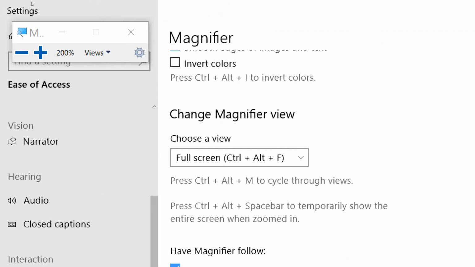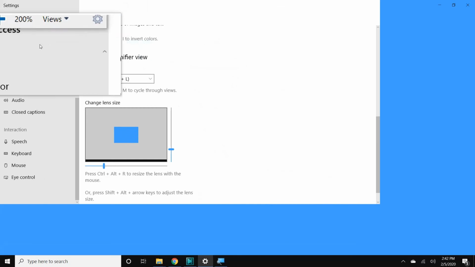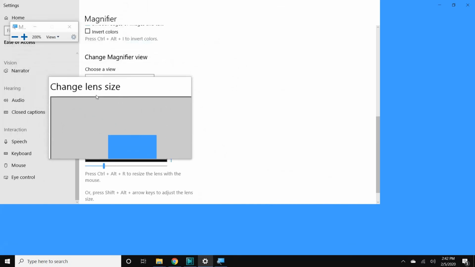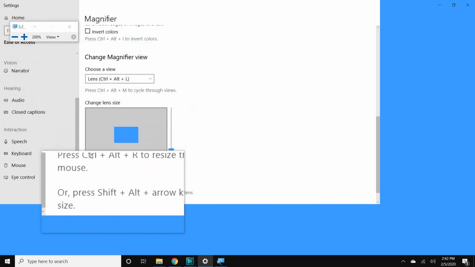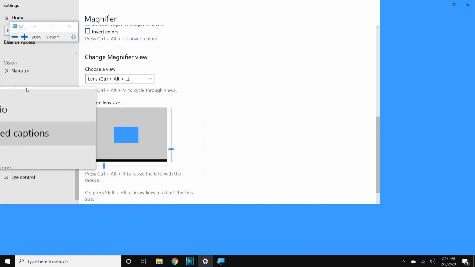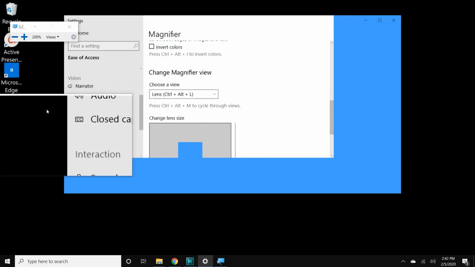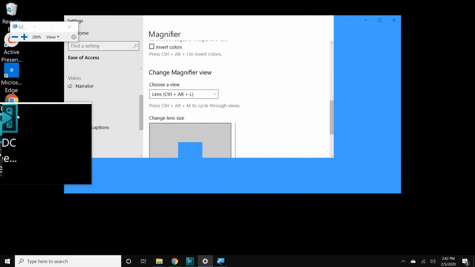And that basically turns your mouse into a magnifying glass. So whatever you drag it over is magnified. And I like this one because it offers the most control to a user, and it's sort of the most intuitive because it acts like a real magnifying glass, and you can just scroll over whatever you want to see and it gets bigger. So it's really simple to use. So those are our main three settings under